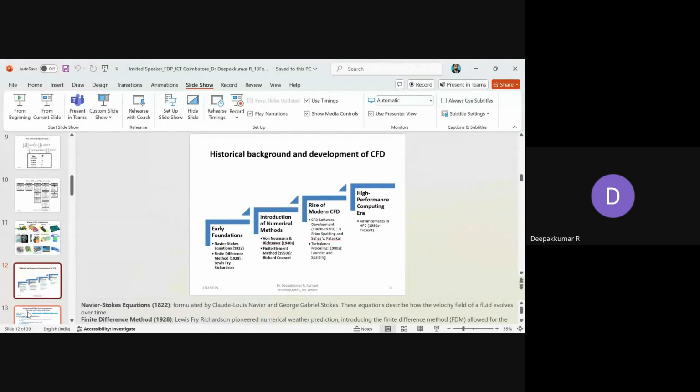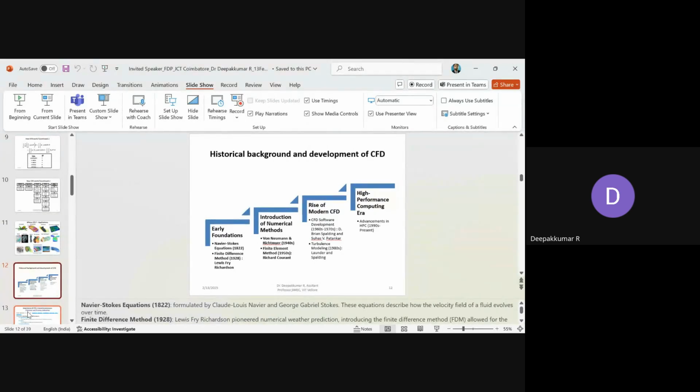And later on, with the introduction of numerical methods, the solutions became easier. We found better stability of the numerical solutions through von Neumann and Richtmyer's numerical stability conditions, and we moved further in the progress of numerical solutions. Later on, the finite element method opened up solutions for different complex geometries. And the rise of modern CFD evolved in the years 1960 to 1970 with the development of the SIMPLE algorithm,